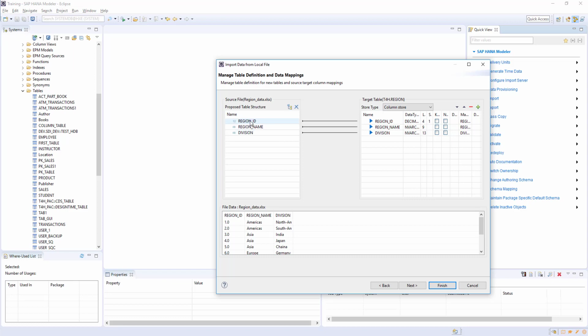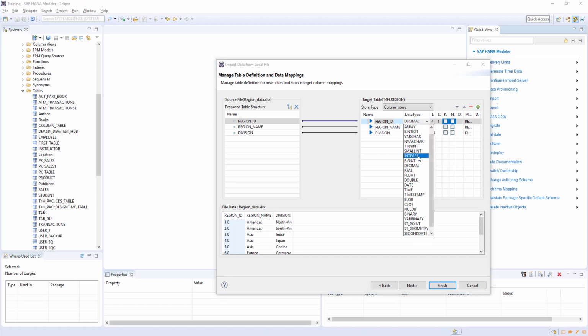So these are coming from the file, and it will show the data formats, how it is going to create. So region ID, I have single digit, so I'll make it integer, and region name and division in nvarchar is going to be fine for me.